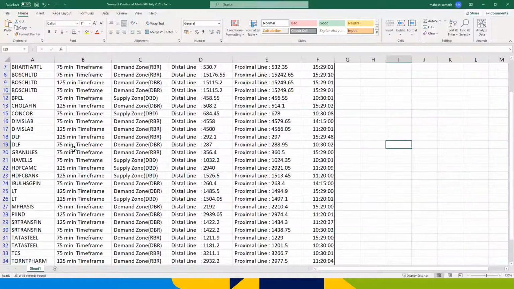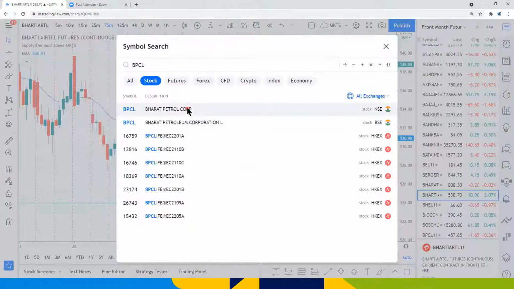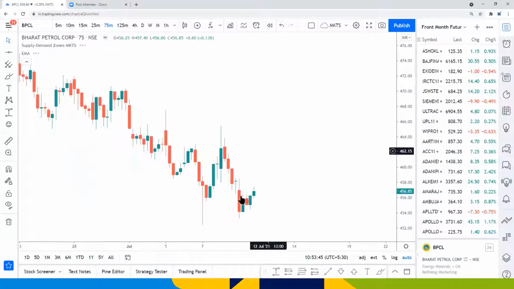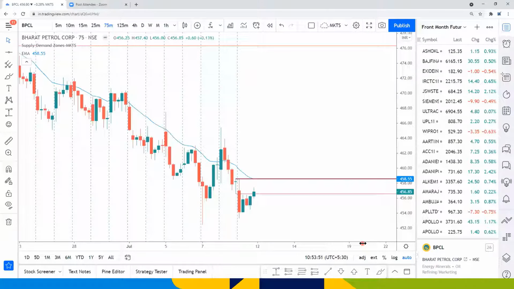So by now, by experience, you will come to know you already have an alert here, but the first look tells you, okay, there is no trade. Like in the instance of BPCL, it says there is a supply zone DBD. You need to tell me whether this is a tradable zone in BPCL. So in BPCL, I've got this drop-base-drop alert, DBD. Should I go short here?